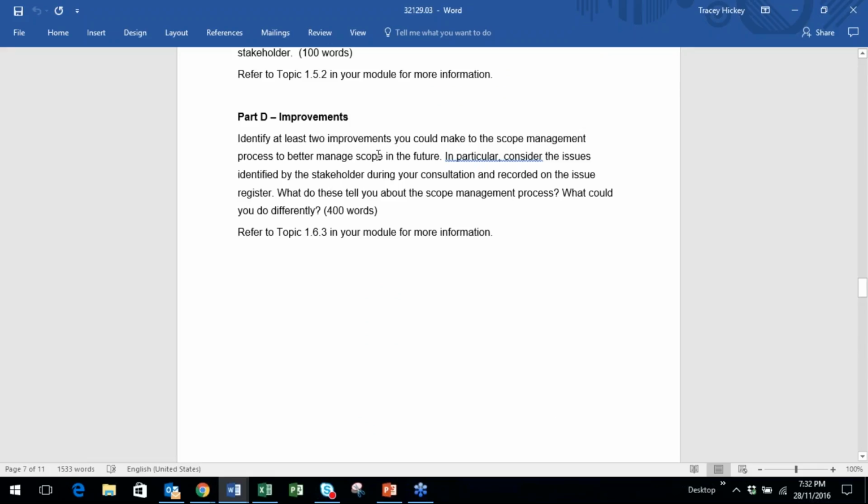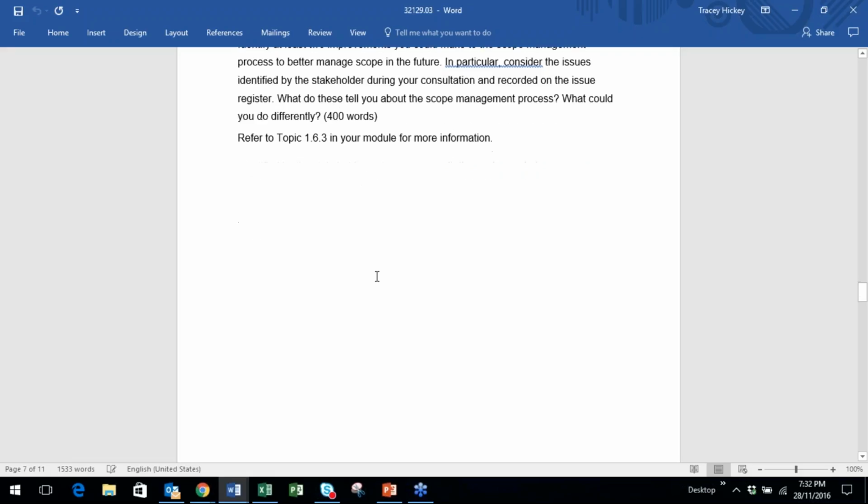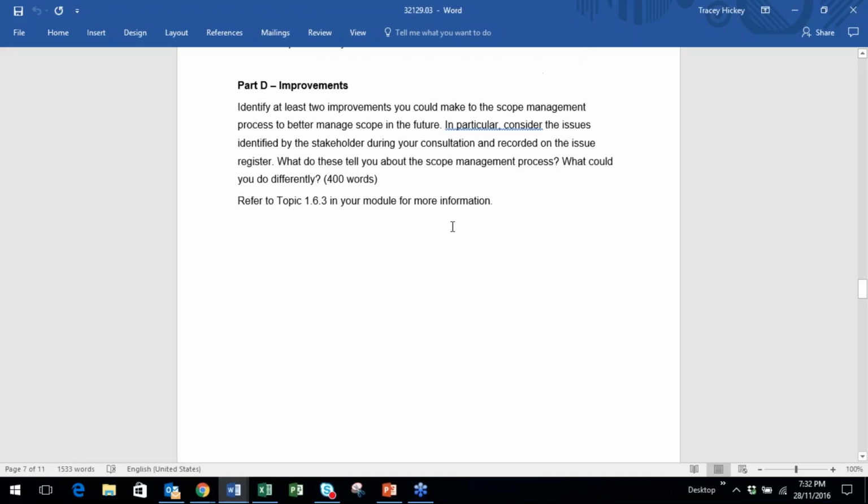You identify 2 improvements. There's 400 words, so I would write 200 words on each one. And look at how you would better manage the scope in the future. So look at what issues came up and how things took place, what that process looked like, and give some improvements. So you can also think about, going back to what we looked at with scope at the beginning, how